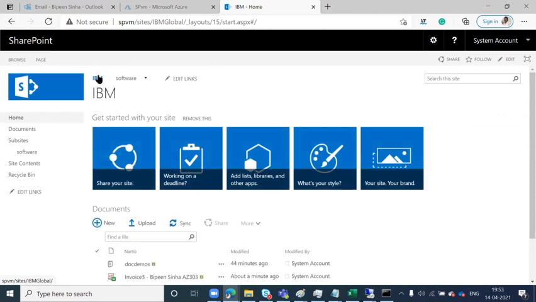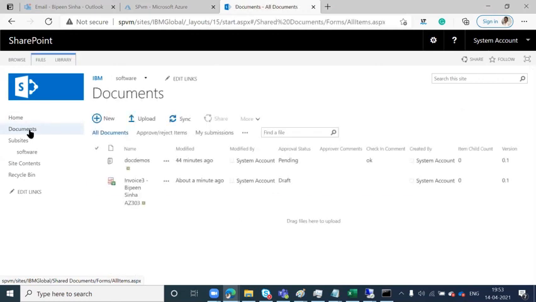Go back to the document. So what is the approval status saying? It's draft. Correct? Look at that, it's a draft. So being in draft, your document is still not ready